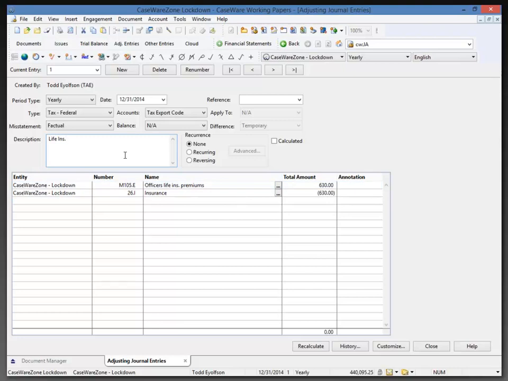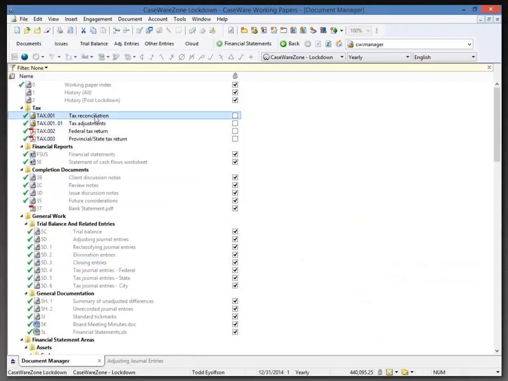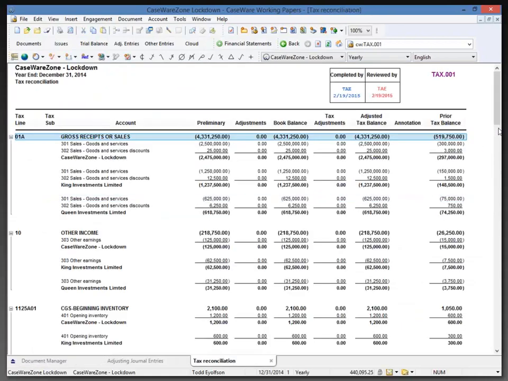So I do have the ability to do tax adjustments. And for our U.S. clients, that's a big deal in case we're working papers. For our Canadian clients, many of you will export to your tax software and perform the adjustments directly in the tax software. Now back in my document manager, I do have a tax reconciliation document, and if I scroll down